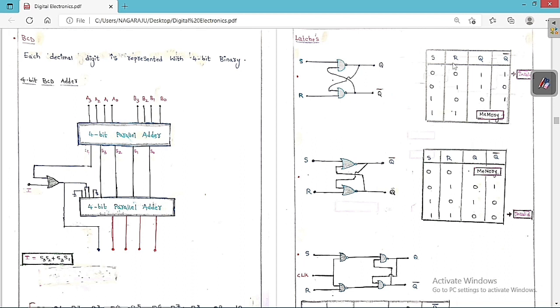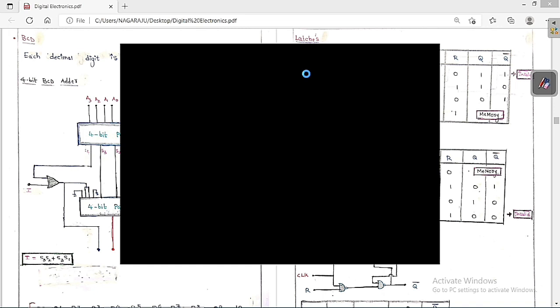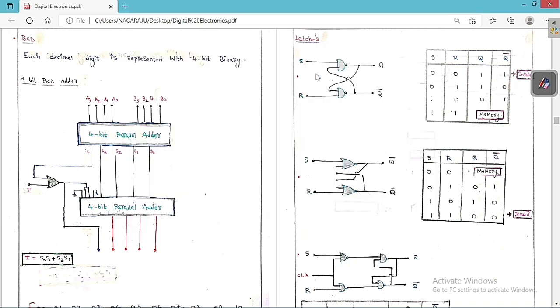Suppose I am going to draw a truth table. You can see S, R, Q, Q bar. These are the two inputs. So for two inputs, we are going to get 4 combinations, because for n variables, we are going to get 2 to the power of n combinations. Therefore 0 0, 0 1, 1 0, 1 1. Whenever you give 0 0,